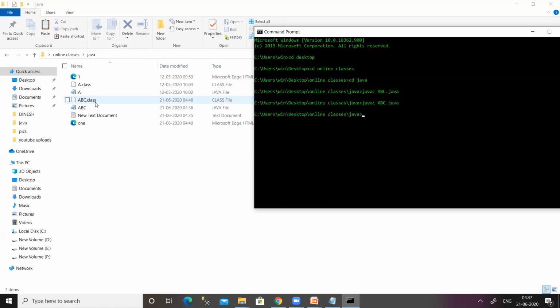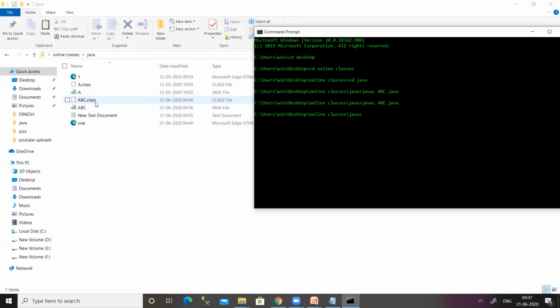If that web browser is not enabled with Java, we cannot run an applet program. If it is enabled with Java, we can run an applet program. So what we have to do is use the command called appletviewer followed by the HTML file name .html.